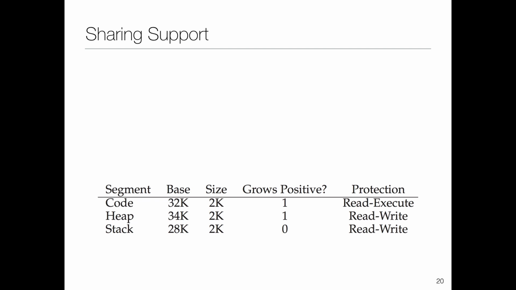We discussed the example about sharing support yesterday, but let's look at it again. We have these different segments, and another set of bits that is stored for each segment is the protection features: whether the code is read, write, execute, is it read only, is it write only, and so on. We would share code across processes in order to save memory. An example would be that we've got the same code which we run multiple instances of. The code segment doesn't vary.